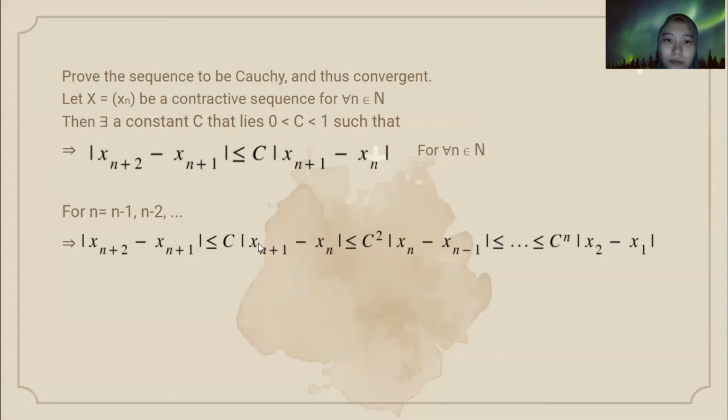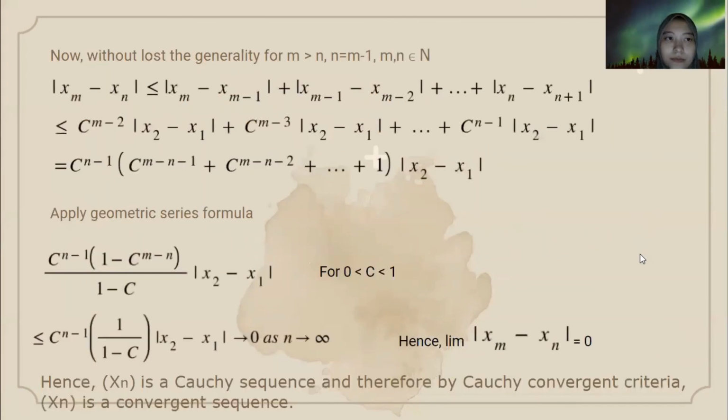because we can see here that if we subtract each of these terms in the sequence, we can get x2 minus x1. So now, without loss of generality, for m bigger than n, with m equal to n plus some integer,